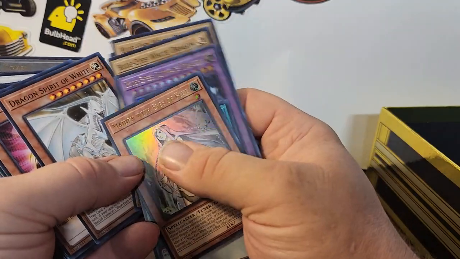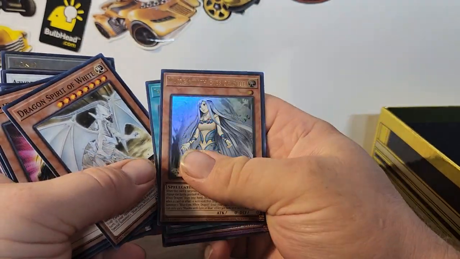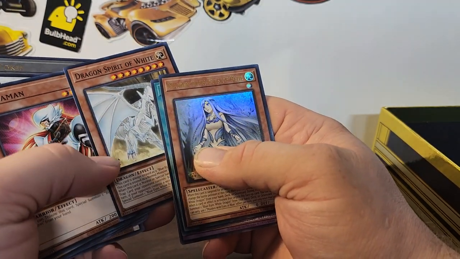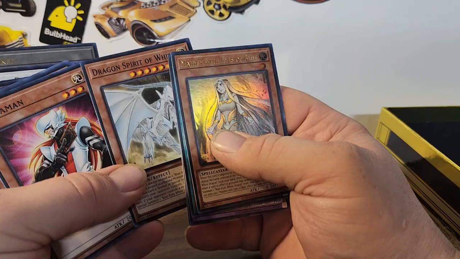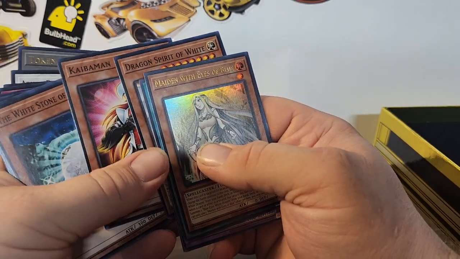Now, there were 4 in the show, and they said that's it, and they were rare. But Seto had all 3, and then he ripped up Yugi's grandpa's Blue-Eyes. He found out about it, and he said, you know what, I'm going to destroy it, and that's how the show kind of starts. Dragon, Spirit of White, Kaiba Man,